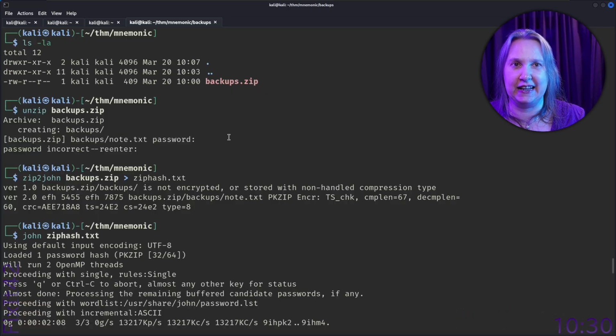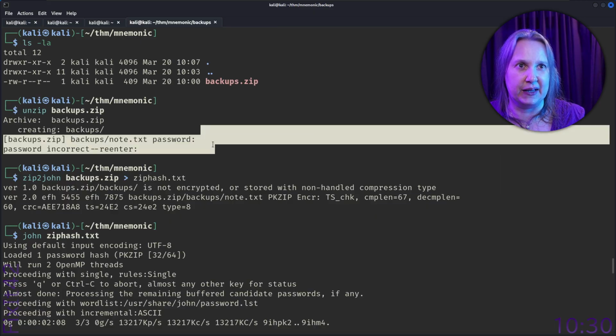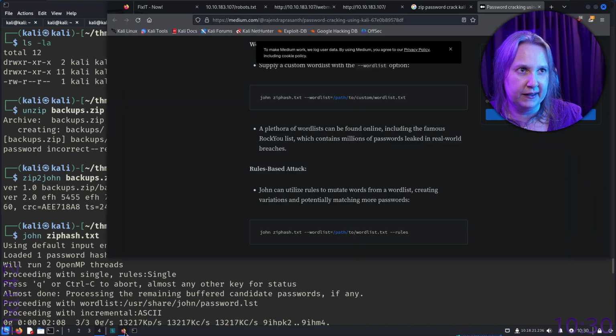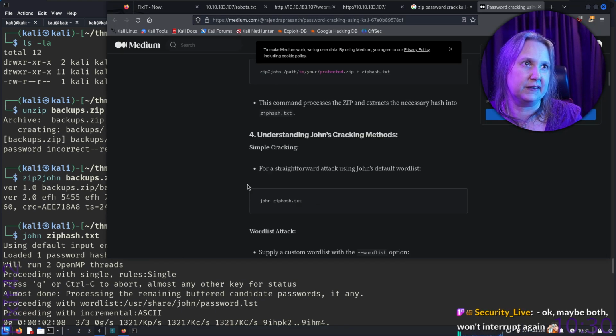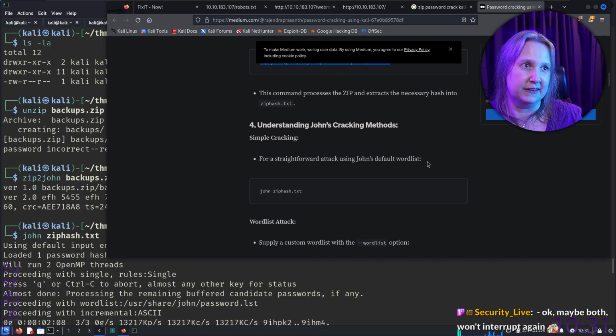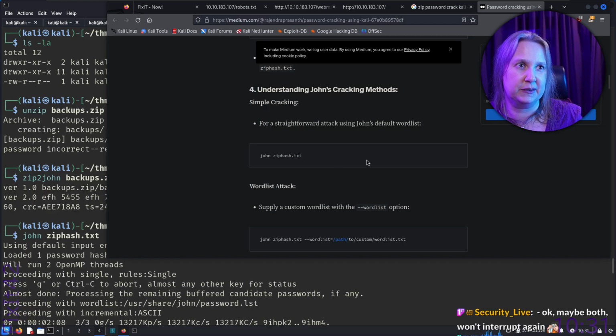But it's an idea. So we know now we need to find this. We Googled, and we found this explanation on how to use first zip2john to convert this zip file, or to extract the hash, I would guess, from there, and to convert it into a format that John can read.